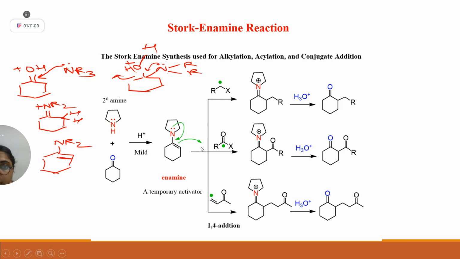Now another thing is that this nitrogen lone pair will come back, and if you are given alkyl halides, it will attack onto this carbon and X negative will leave, and you will again get this form. And this enamine can also be used in 1,4 addition, and you will get this product. I hope all these three transformations are clear to you. This is your name reaction, that is the Stork enamine reaction.